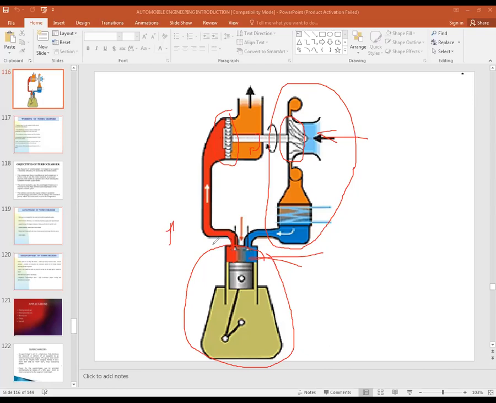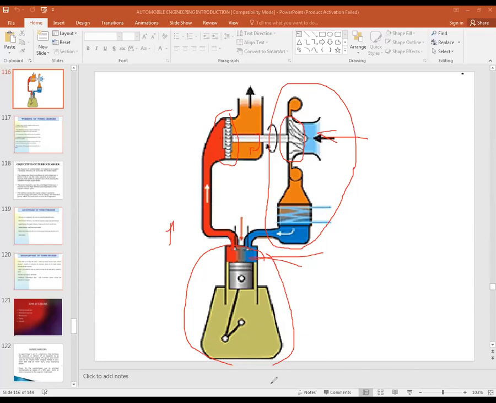Coming to the advantages, instead of the exhaust gases being released into the atmosphere, we are reusing them, so we can reduce atmospheric pollution also. If we do not do this, the exhaust gases are continuously released into the atmosphere, causing pollution, a lot of damage, and harm to human health. So in order to reduce all these factors, the turbocharger is one solution. The turbocharger is used on road vehicles. This is the working principle.